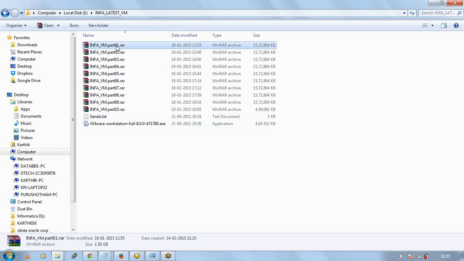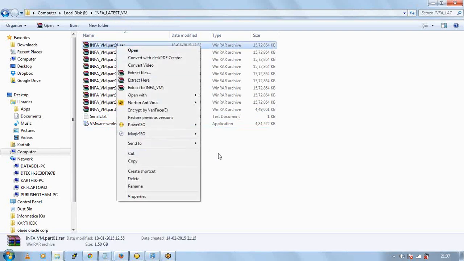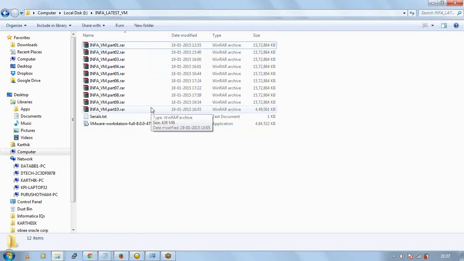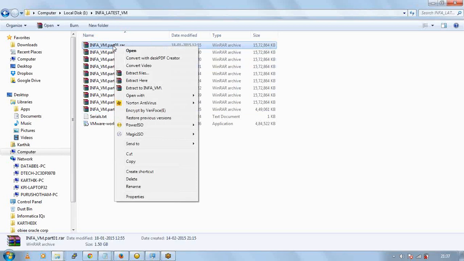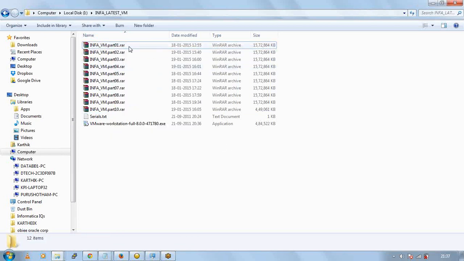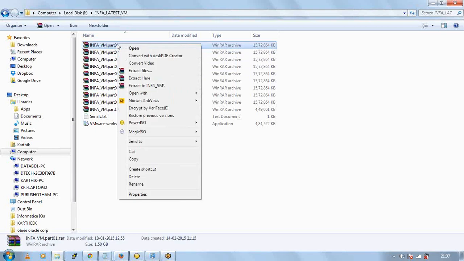In case you do not have WinRAR on your machine, you need to download WinRAR, and then you can extract using a WinRAR archive. For extracting all these files, you just need to select the first file. You don't need to extract all the files. The first thing you have to do is right click on the first file and use the option here, Extract Here. When you use this Extract Here option, it will extract all the other 10